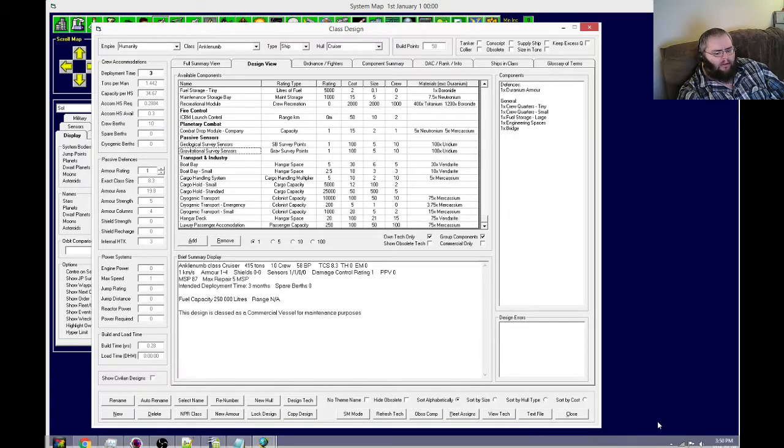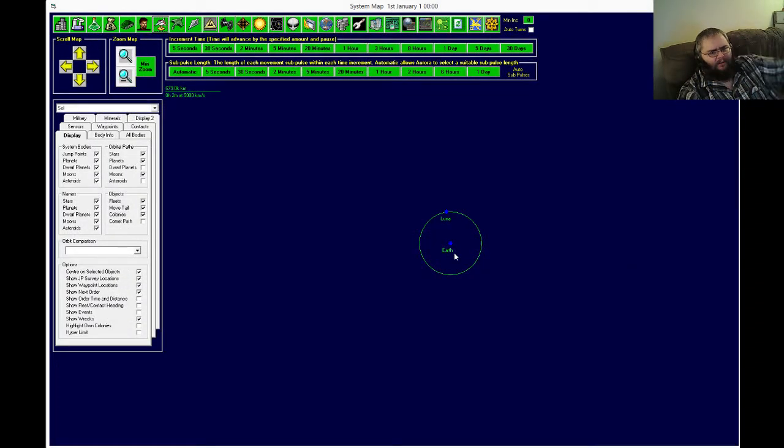I think I am going to wait, though, and get the gas, like the thorium harvester, going first. That seems more important because we'll need a supply of fuel, a steady supply. Even if it's slow, a steady supply of fuel. So I think